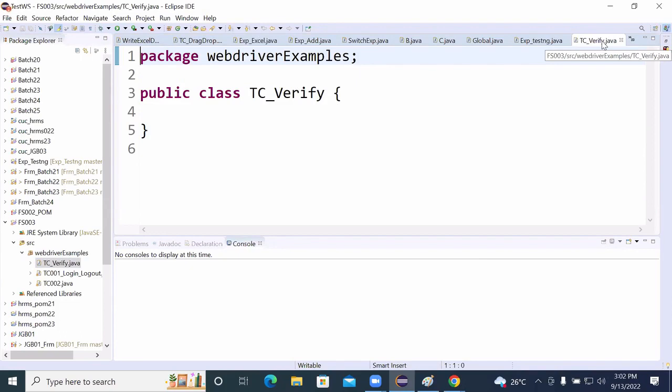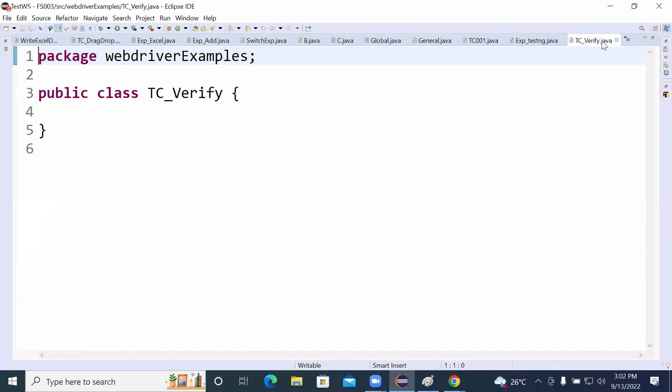Adding the jar files is a one-time activity for one project. We have already added them, so we will continue with the programming. Once the class has been created,